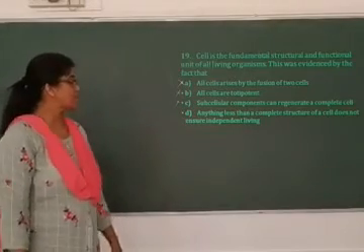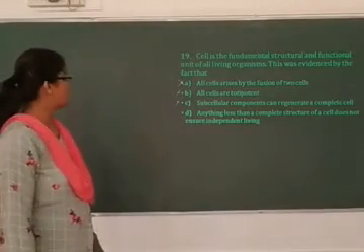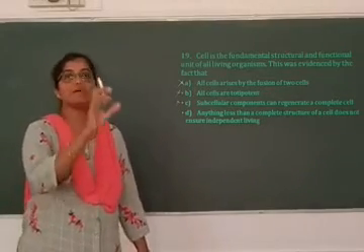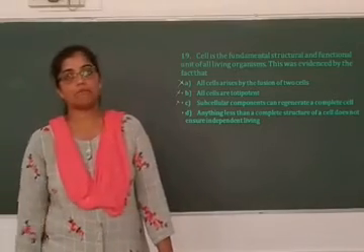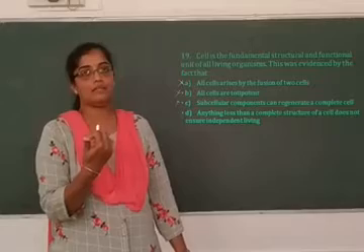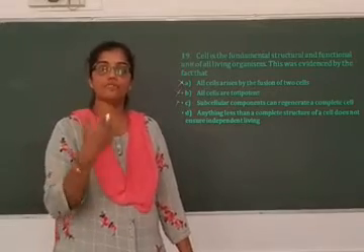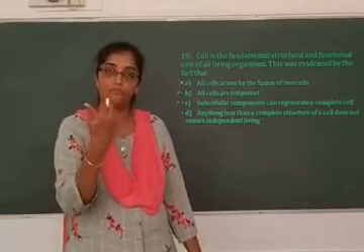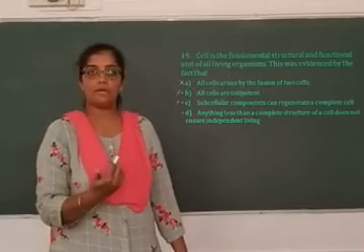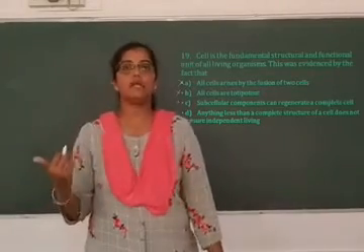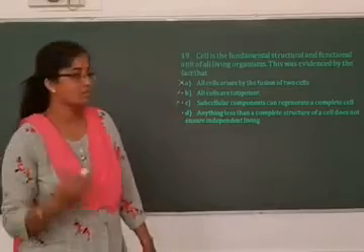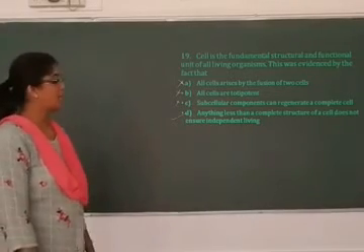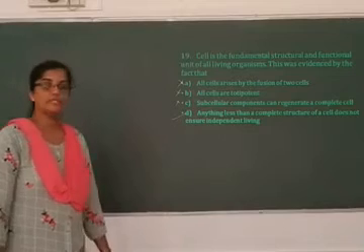Anything less than a complete structure of a cell does not ensure independent living. So, anything less than a cell cannot survive on its own. Viruses are the best example. They don't have a plasma membrane. They don't have cytoplasm. They are composed of only a proteinaceous coat and a genetic material, and they don't have free existence. They are obligate parasites. They are always dependent on other organisms for survival. So, the fourth statement is the right statement. Anything less than a cell does not ensure independent living.